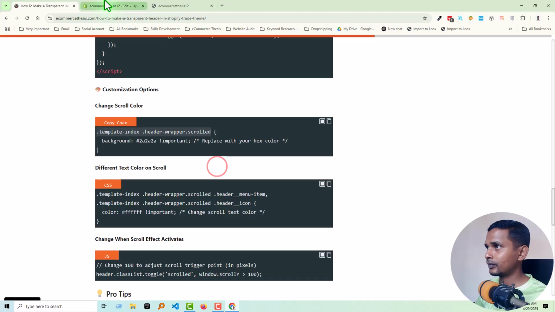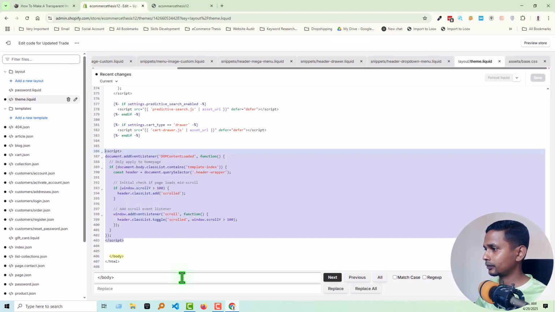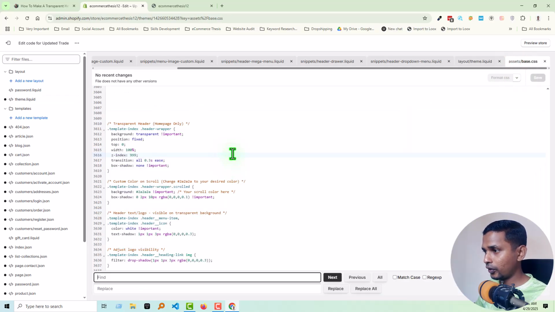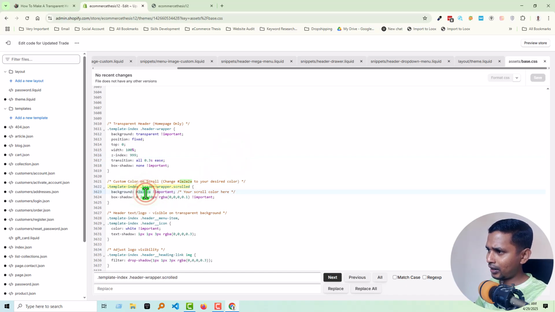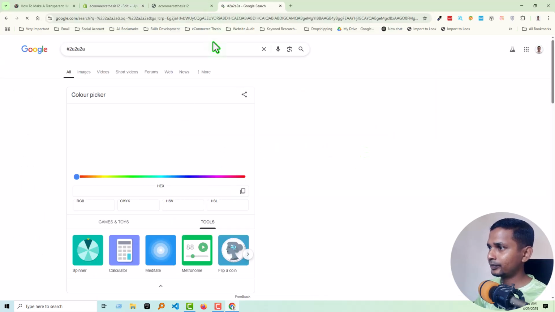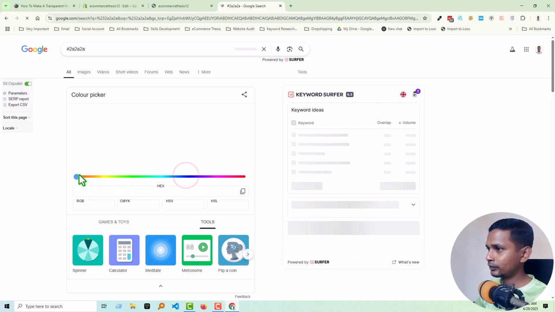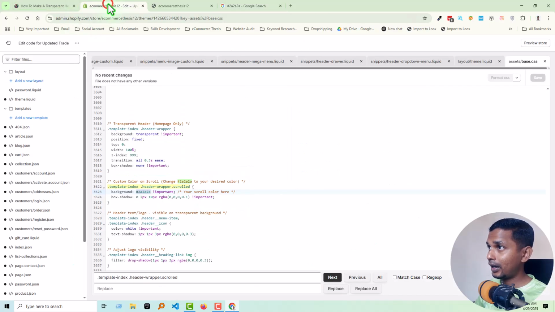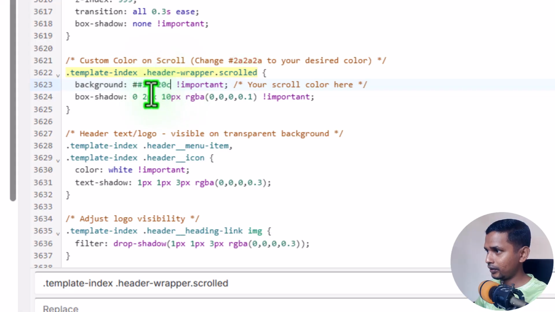copy it and go back to the base.css file, press Ctrl F, Ctrl V, then you see here is the color. So if we add a color code, we can change to any color. So how will you get the color code? Just copy the color code and paste it on Google. You see here are all the ready colors. So for example, we are going to use this color, okay, and copy this color code and simply check it very carefully,